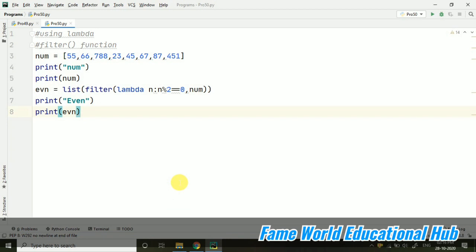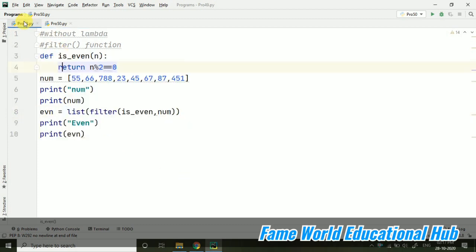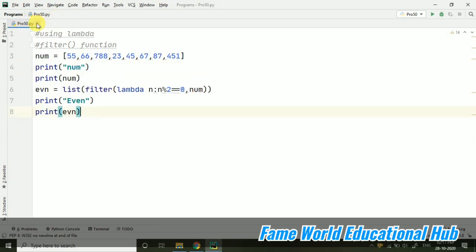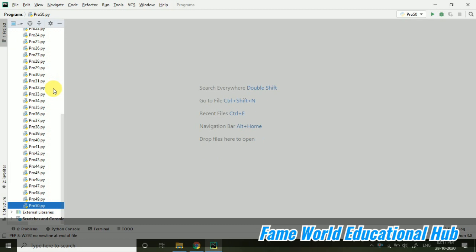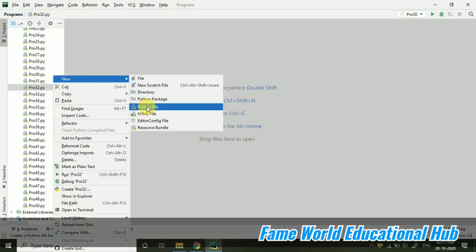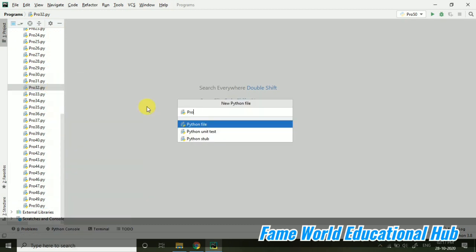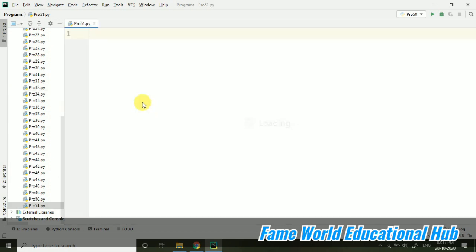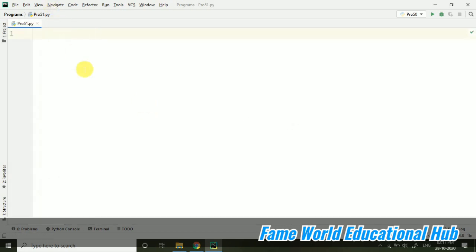Like in the previous lecture, I discussed the filter function. I will also discuss the filter function and the lambda expression, like using lambda, how we can use this filter. So in today's video, I am going to start with the map function. There is one list function that is known as map. The filter function was used for filtering the data. You can watch the previous lecture to clear that concept properly.